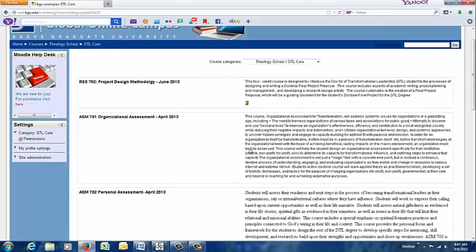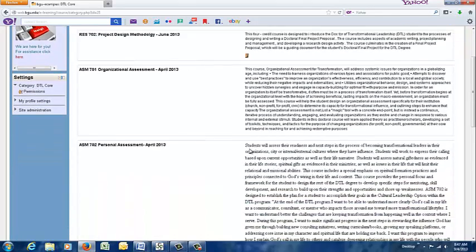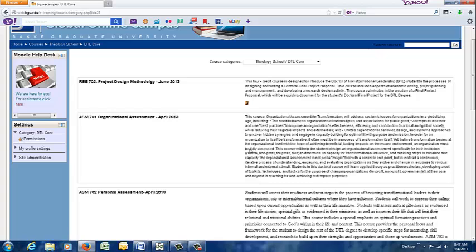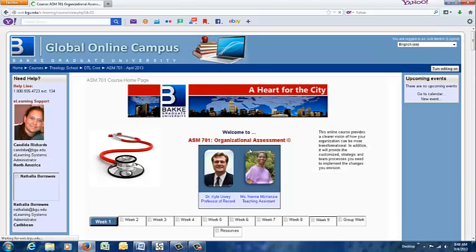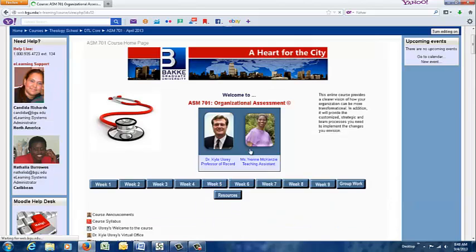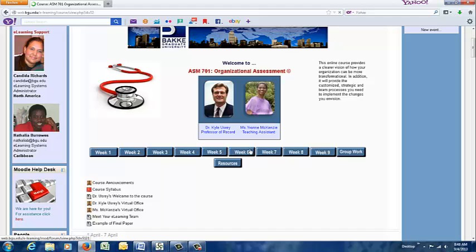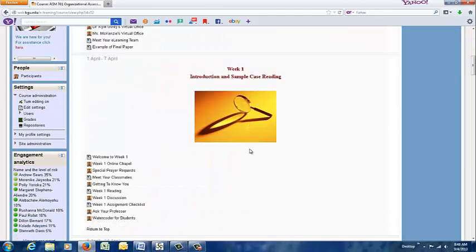So here you'll see a list of all the courses that are going on right now or had just been taking place in April, and it gives a brief description. And then if you go into that class, you'll see that it's broken up into the weeks. So if I scroll down, you'll see this gives you the professor and the different weeks that you are participating. And generally you're only going to have the week that you are required to be in, and they'll open up those weeks as they go by. So here's week 1, and what's really unique about